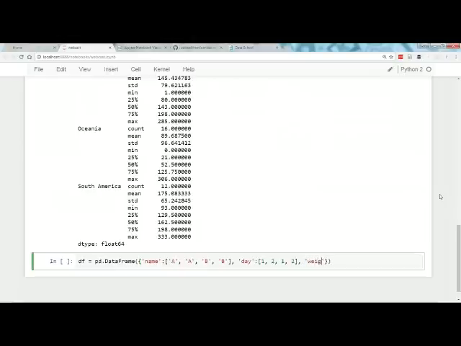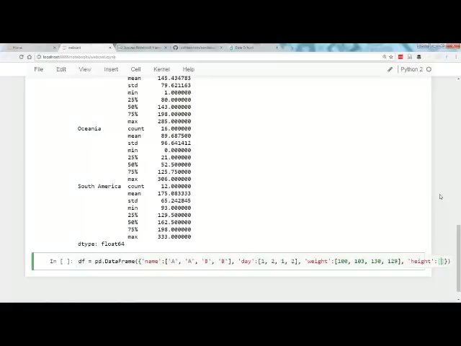We'll say weight. So these are 2 people measuring their weights and heights. So we'll say 100, 103, and 130, 129. I think this will work. And maybe height. Okay.